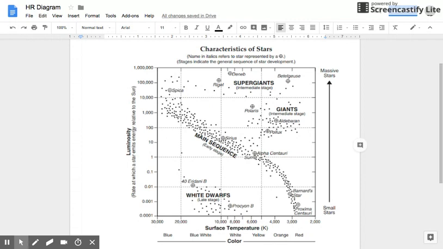In class tomorrow, we'll be identifying stars using their identifying characteristics, which are temperature and brightness on this diagram. I want you to know where the sun is located on the graph, and we're going to look into what the temperature and brightness of our sun is. So we're going to use this graph to